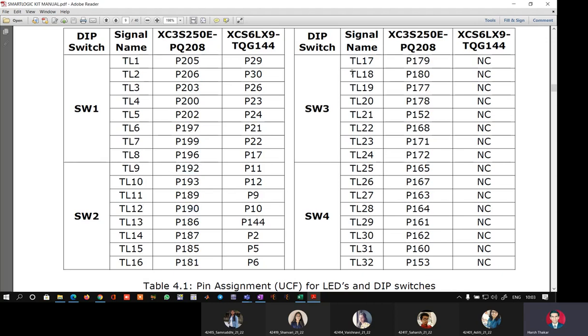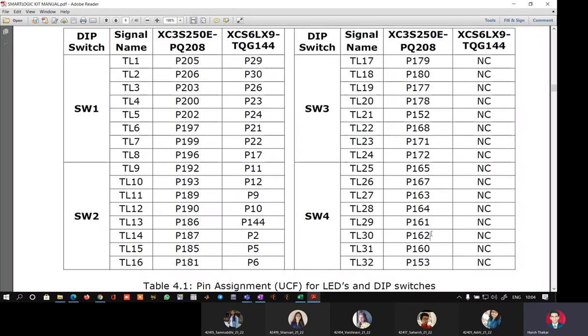If I decide that from the third bank my function bus is going to come, then my F[2] is mapped to pin 179 and F[0] is going to be mapped to 177. Similarly, if I decide that my first LED of the fourth bank is going to show me C_B, then I will map the output C_B to pin number 165. Similarly, the outputs Y3, Y2, Y1 and Y0 will be mapped to pin numbers 161, 162, 160 and 153 respectively.